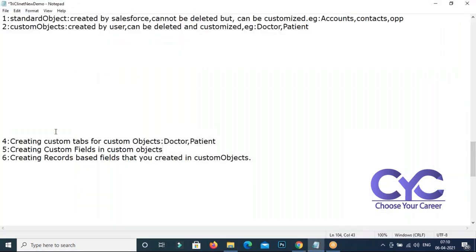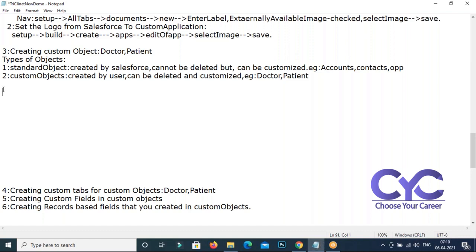Look at here. One application that I'm going to use to understand clearly, I discussed about the object, right? See that. First, let me go for the tab. Whenever you access this tab, you are going to access the object. In this object, you're going to create the fields.